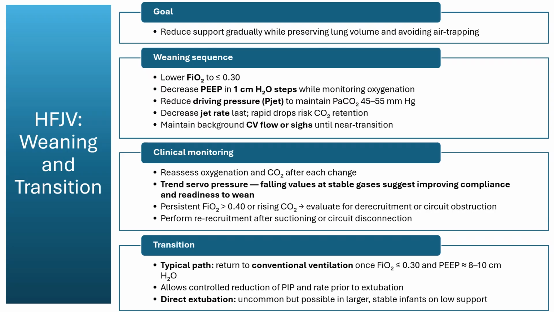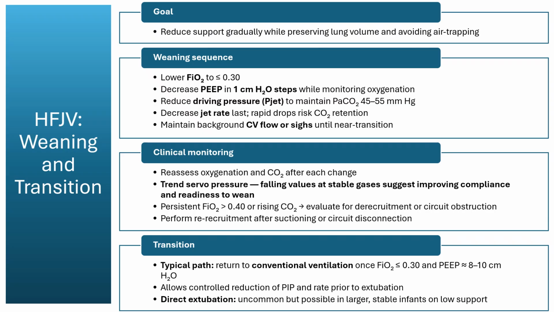Once oxygenation is stable, positive end expiratory pressure is decreased in 1 centimeter increments, observing for changes in oxygen and chest expansion. After PEEP reaches 8 to 10 centimeters of water and lung inflation remains uniform, driving pressure is reduced in small steps to keep carbon dioxide between 45 and 55 millimeters of mercury. Rate is lowered only after driving pressure is near its minimum, since rapid changes in rate can disrupt gas clearance